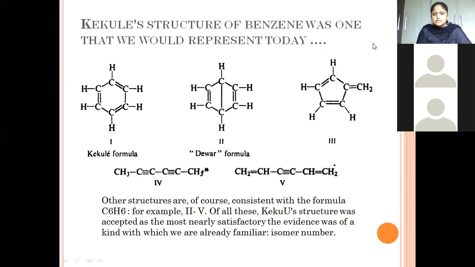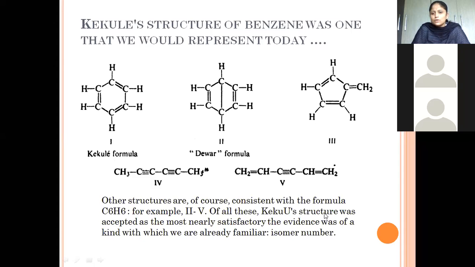Now, the last structure, that is the fifth one. In this, there is also a presence of C6H6, but the middle carbon atom is joined with a carbon-carbon triple bond, and the terminal 2 carbon atoms are joined with carbon-carbon double bonds. So all these structures contain 6 carbon atoms and 6 hydrogen atoms. See, all the structures are, of course, consistent with the formula C6H6. For example, structure number 2 and structure number 5. Of all